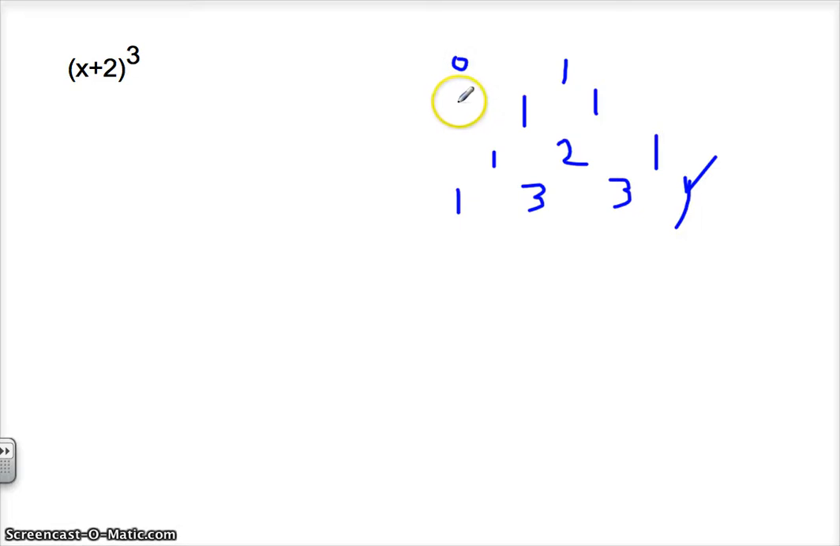This is for when there's a 1 power. This level is to the 2 power. This level is to the 3 power. Okay, so these are the corresponding coefficients, depending on the exponent or the degree that we're trying to expand to. So here we have our problem, x plus 2 to the third power, so we're going to be using this